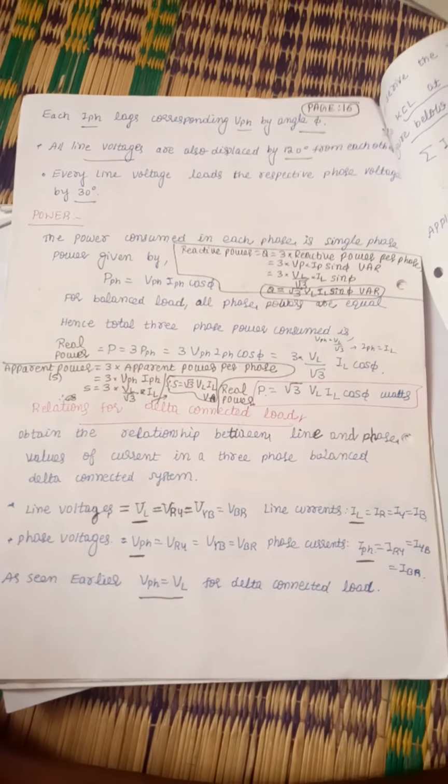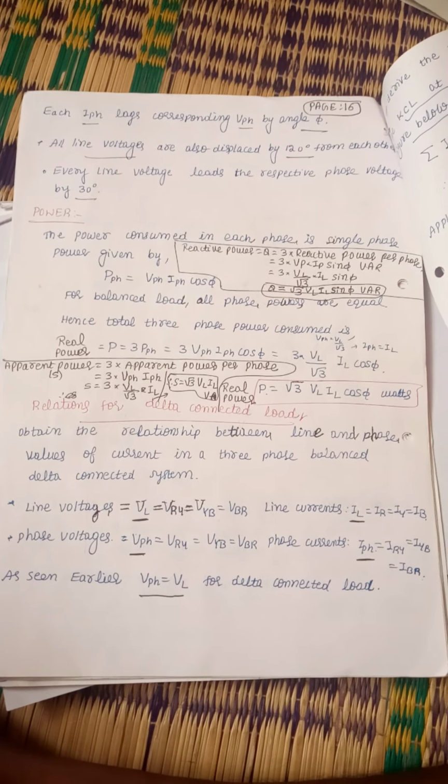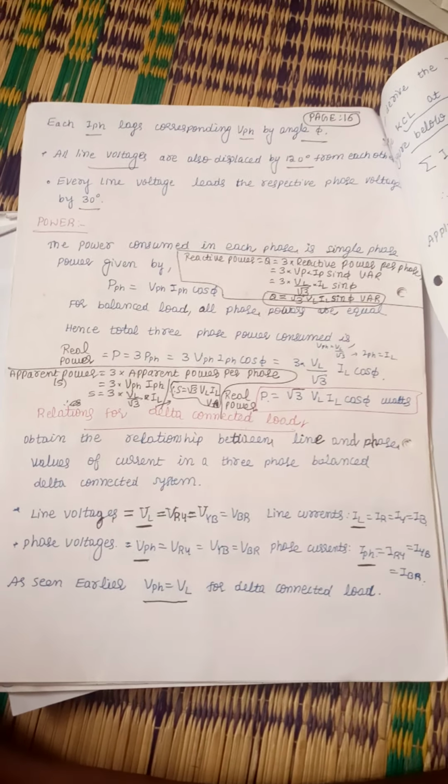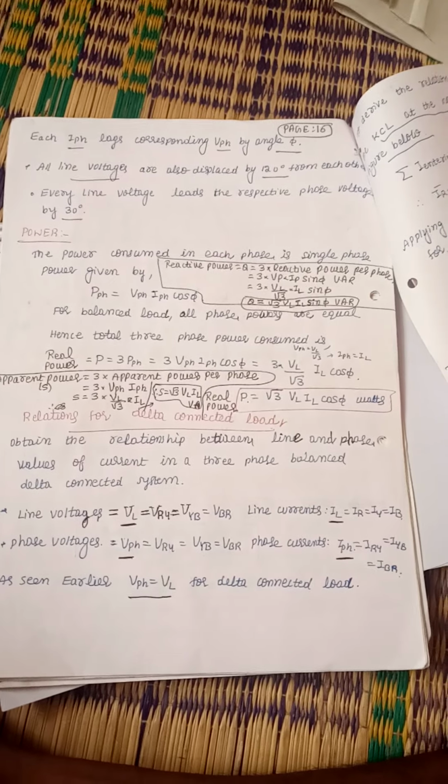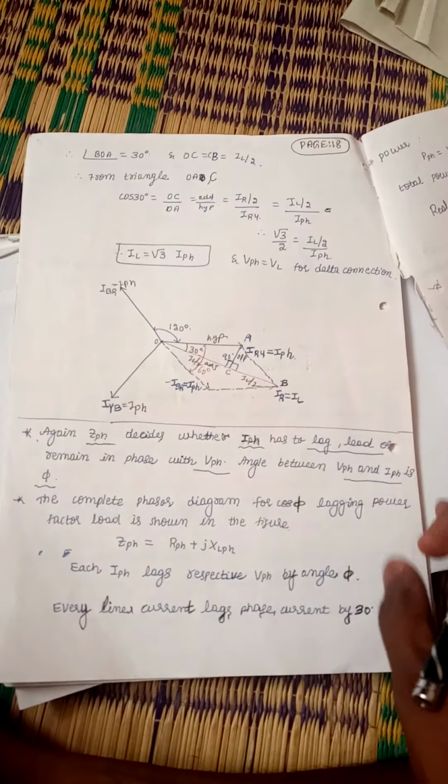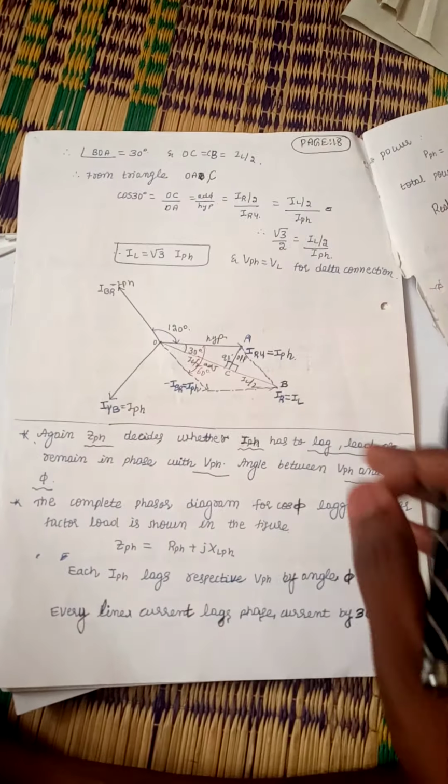Okay, I will continue from the previous class. In the last class I was doing relations for delta connected load, so I will continue this concept here. This is the phasor diagram we had drawn in the previous class. After that,